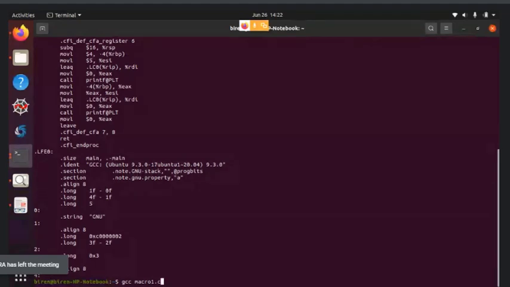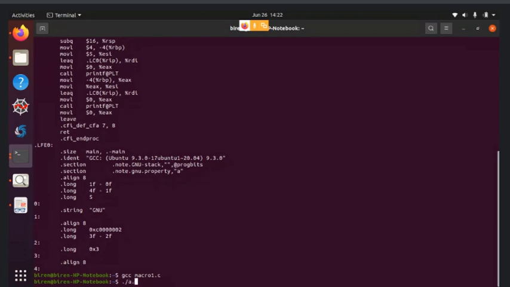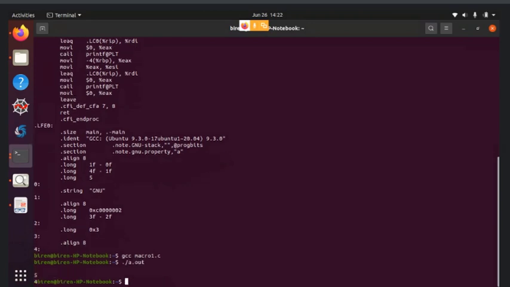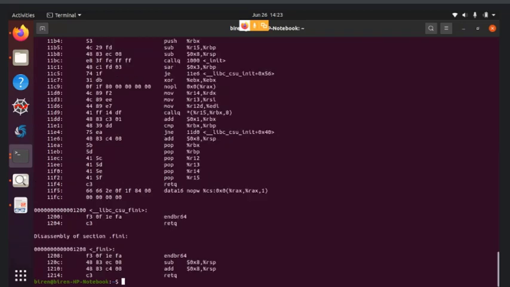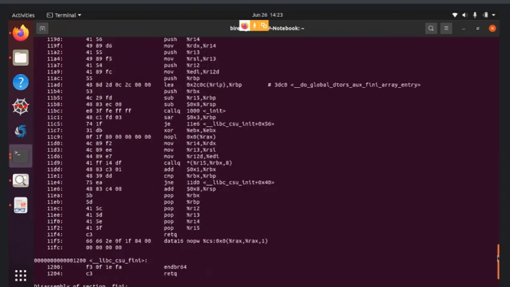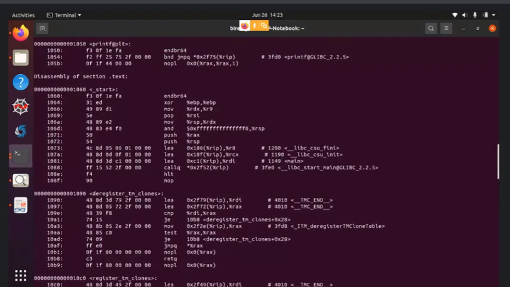To generate the final code, we need to write gcc, which checks syntax errors. If there is no syntax error present in your code, then you will get the object code in the form of this file, a.out. Okay, so if we observe the content, here the number of lines is more than 150.